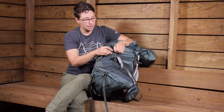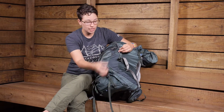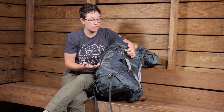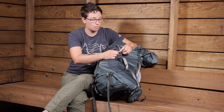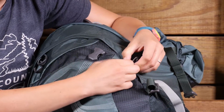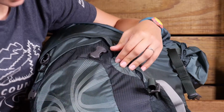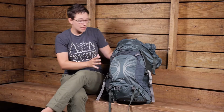Now here on the side you have a nice convenient bungee that you can either attach that tool, or if you have trekking poles that you want to store on the outside of your pack, you can store them there. Now if you're traveling, if you're not using this as more of a technical pack, you can tuck away those little straps so that they're not hanging out. So I just think those small details really make a difference to make this pack